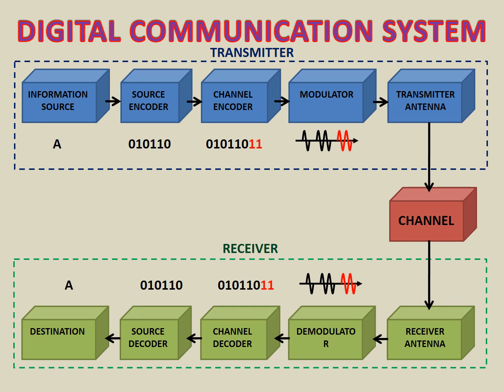The demodulator is the reverse process of the modulator. It demodulates the signal, that is, it converts it again into the original transmitted signal in the form of digital